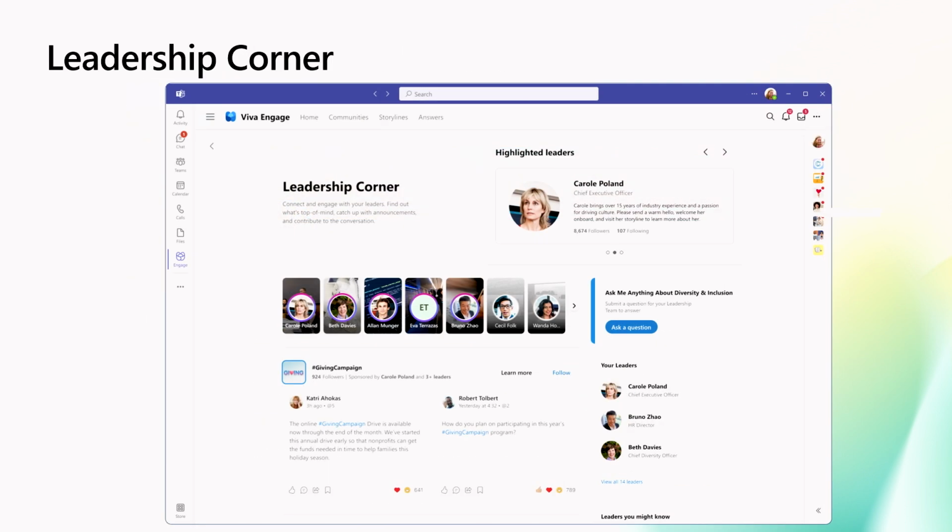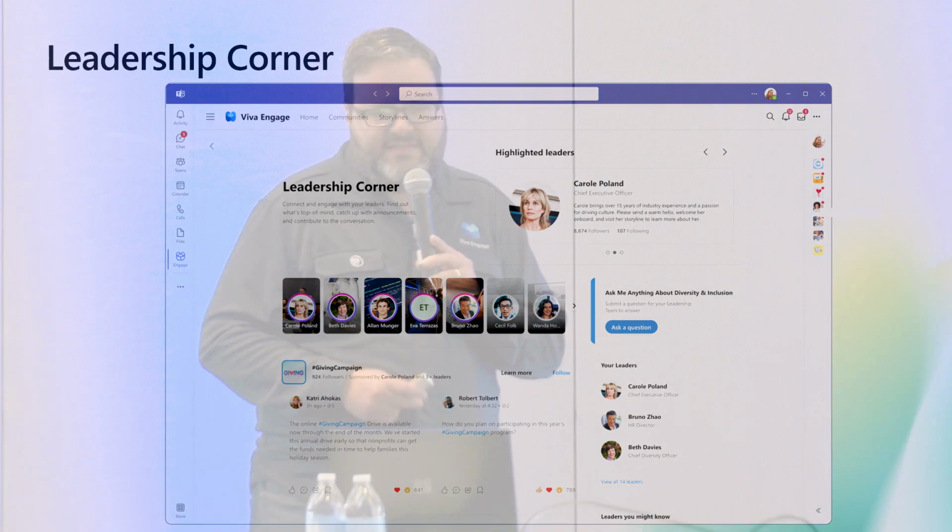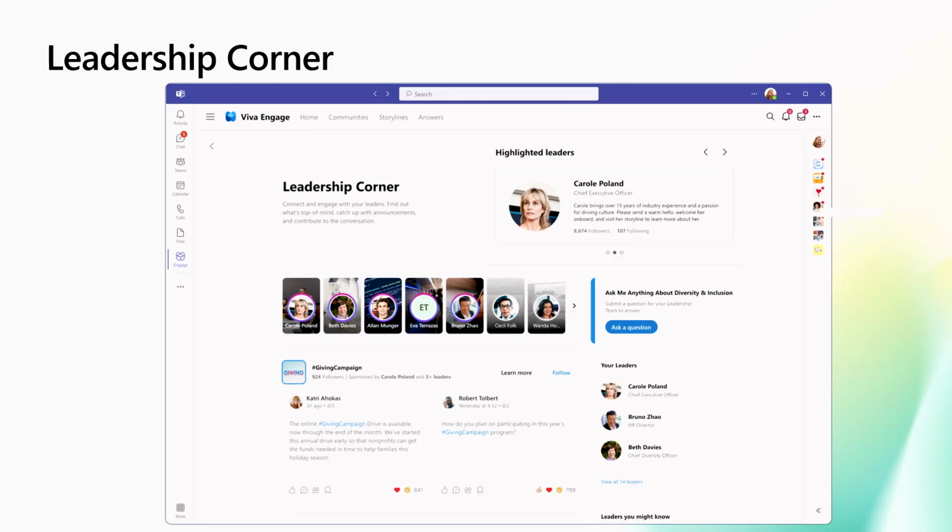Let's talk about Leadership Corner. So Leadership Corner is the place for employees to interact with their organizational leaders and see all the aggregated activity of their leaders across the leaders' storylines and communities. And it's personalized to me in that it focuses on the leaders that are part of my management chain based on how the audiences are defined. So it gives employees a place to go to catch up on the latest from their leaders